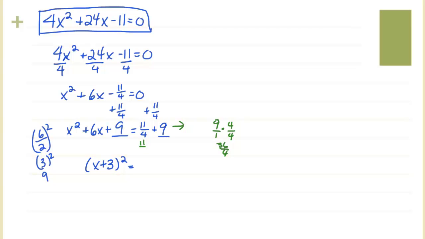So I'm going to do a little intermediate step here. We have 11/4 plus 36/4. So we have 47/4 here. Does that make sense? Had to get common denominators in order to add that 9 to that improper fraction there. So we've got it all in fourths. There's no reason to make it a decimal or a mixed number here,